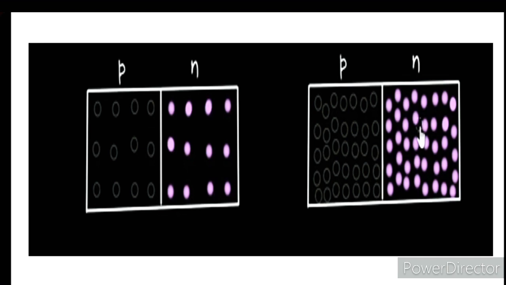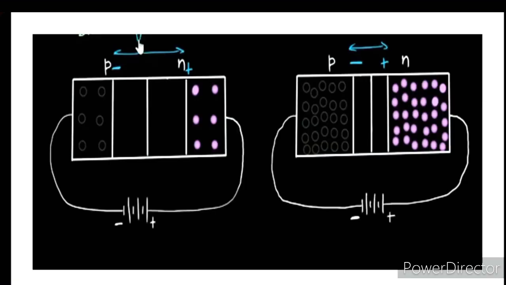Similarly in the Zener diode, with heavily doped P-type and N-type material, electrons diffuse from N-type to P-type and holes from P-type to N-type, and they lose their charge and acquire the opposite charge. These opposite charge carriers come to the center and create the depletion region. The depletion region of the simple diode we can see on this screen. It is smaller or thin in the Zener diode, and in the PN junction diode it is large compared to the Zener diode.